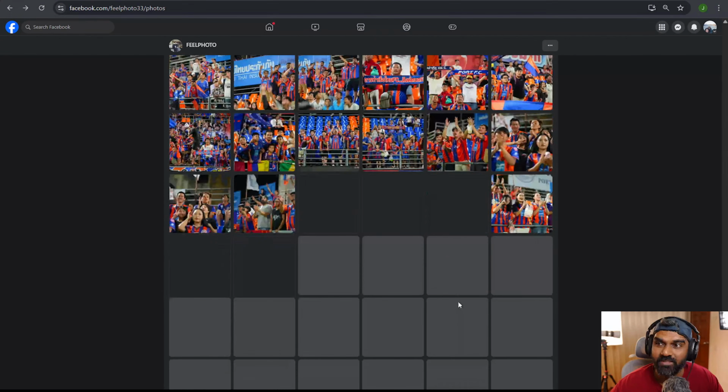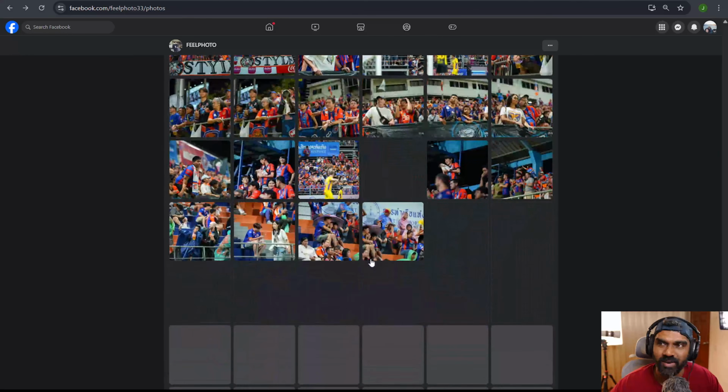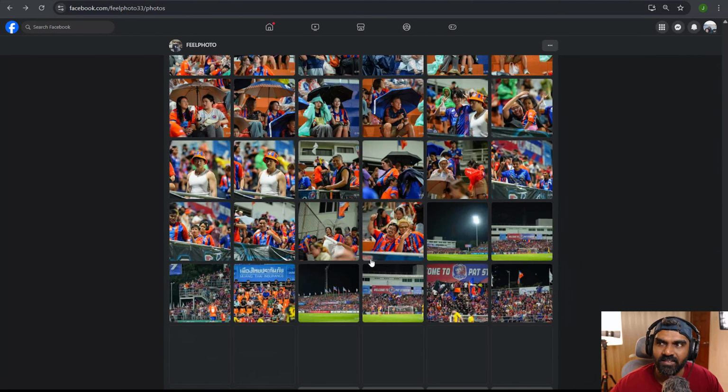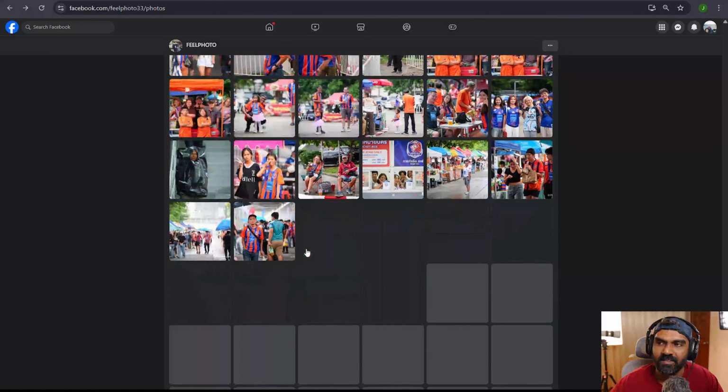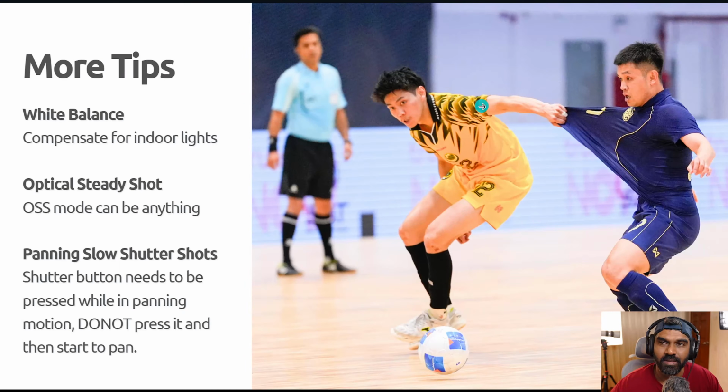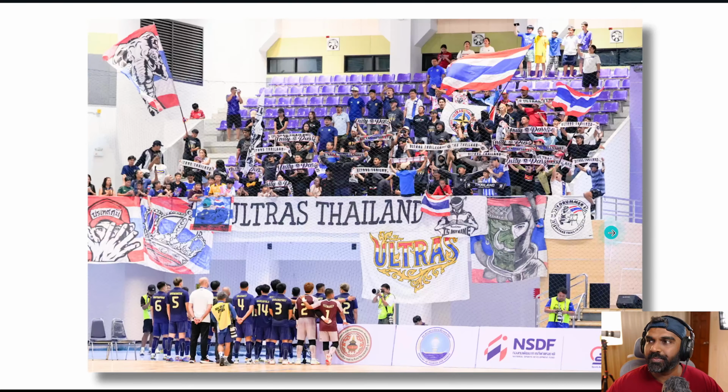Look at all these ambient photos. All the audience are praising the theme and all. It's all good. Okay, it's mostly these people. Anyway, for those kinds of photos, you don't press the button and then pan. You pan and press the shutter button while panning, and that's going to give you some really good photos. You have to pan in the same direction as the subject moves, otherwise you get some really weird photos. Anyway, that's some trick that I wanted to tell you.